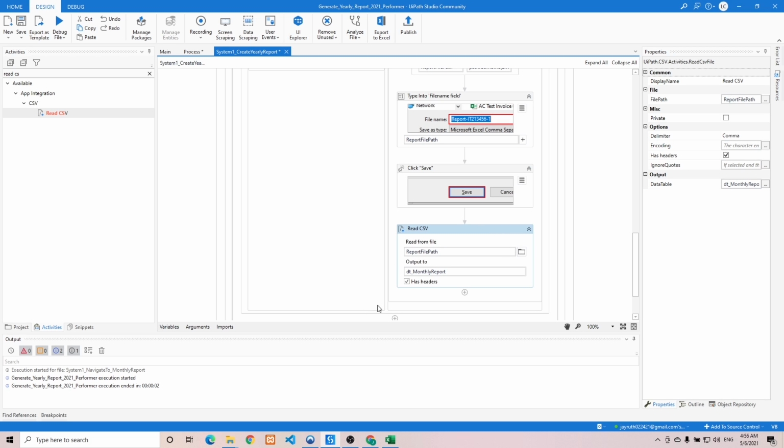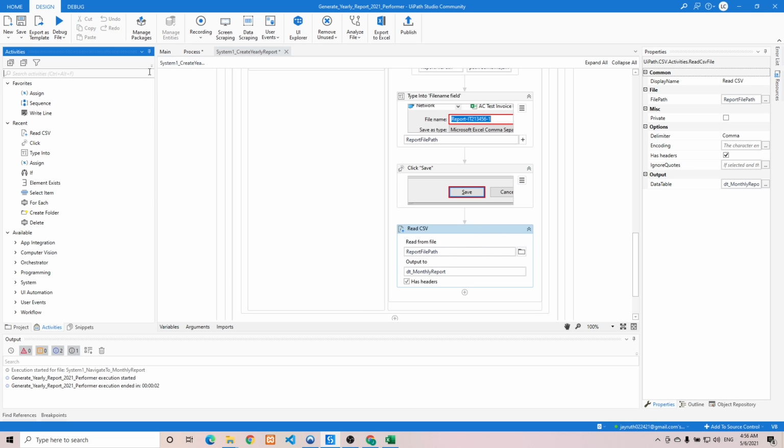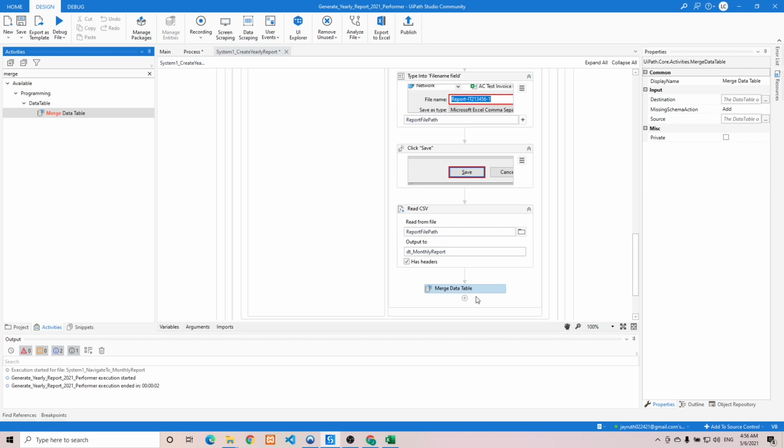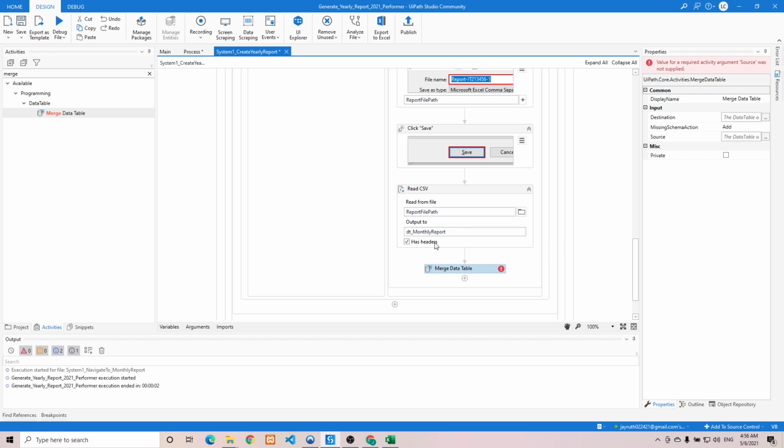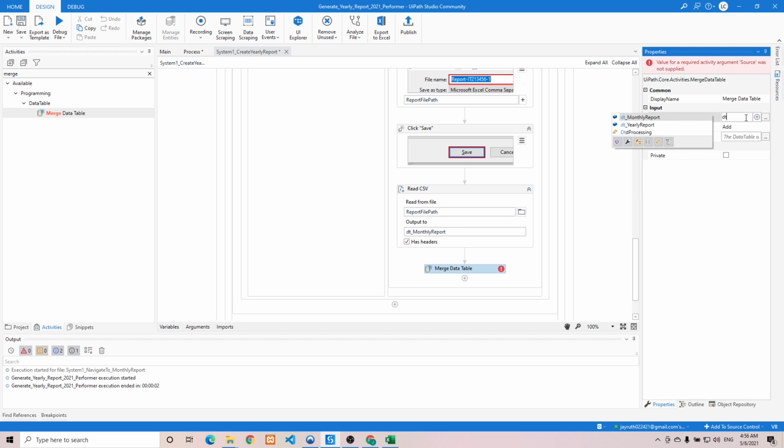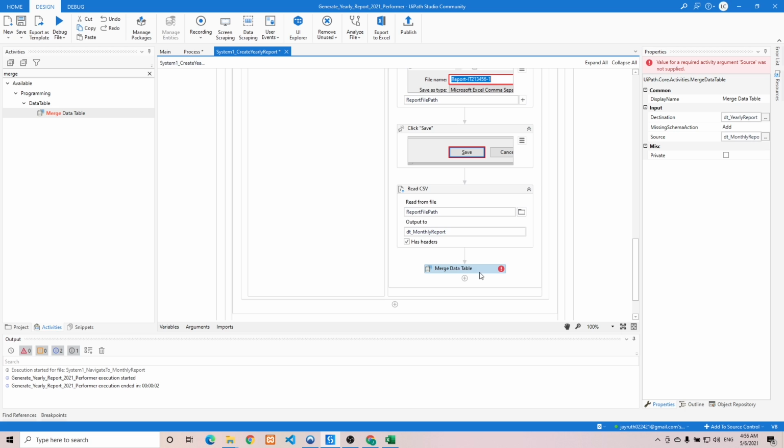the next thing is we need to add an activity named merge data table. So every time we capture monthly report data from 1 month, we need to merge it into our yearly report data table. So to do that, we just need to set the destination. The destination should be the DT yearly report, and the source should be the DT monthly report. And the next step is